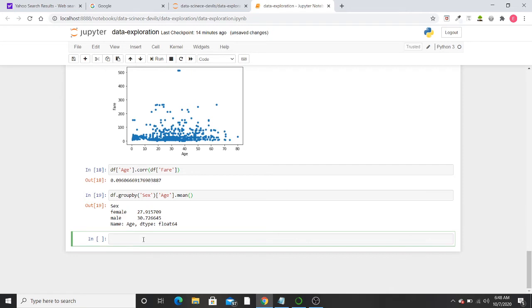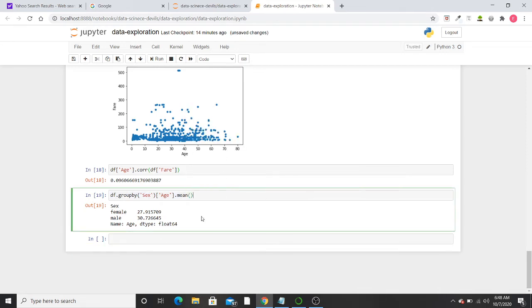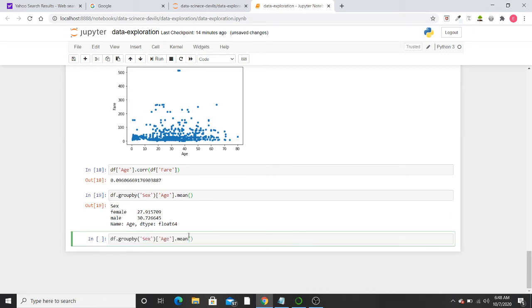Now we will plot these results obtained. For that, I'll copy this, paste it here, and then write the plot.bar function to visualize a bar plot.